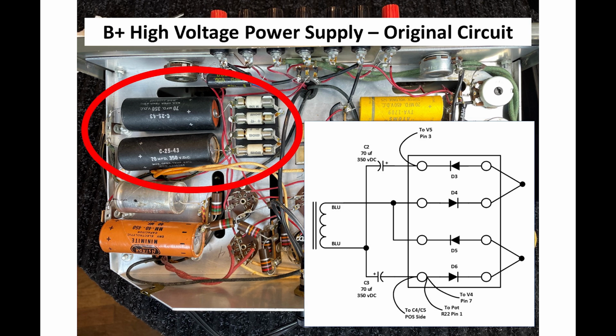Like, for instance, if we look off the top of diode D3, which is the top diode in the schematic, it says it goes to V5 pin 3, all right? And V5 pin 3 is the plate on one of the series regulator tubes, the 6L6s, and then it crosses over to the other series regulator, right? So, I wanted to make sure I understood where all the wires were coming from, what the polarity of all the diodes were, what the polarity of the capacitors were,